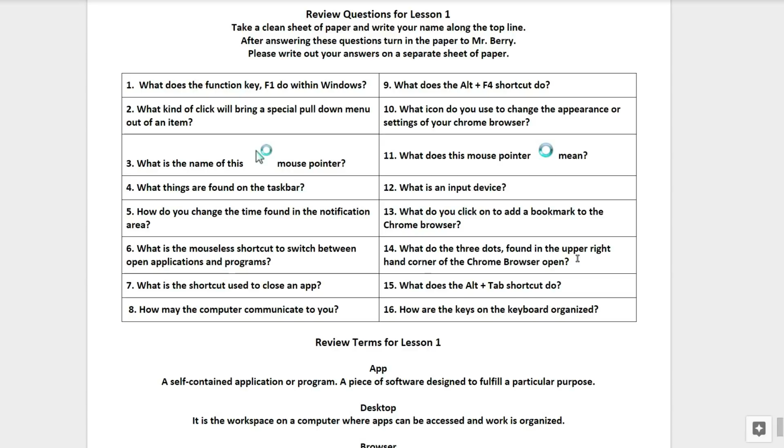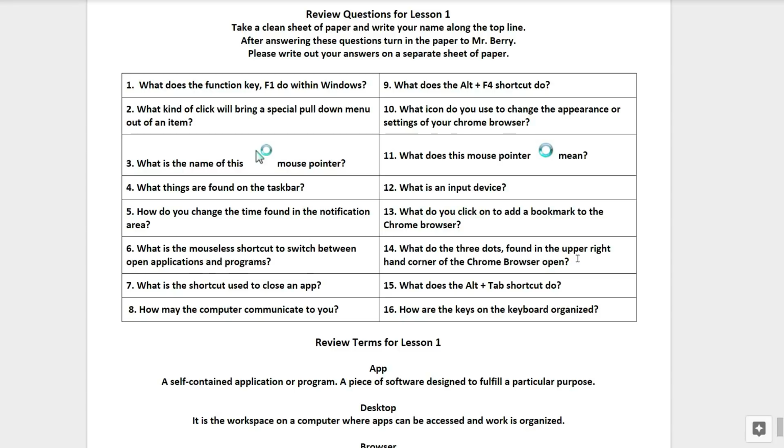Number 1. What does the function key F1 do within Windows? Number 2. What kind of click will bring a special pull-down menu out of an item? Number 3.